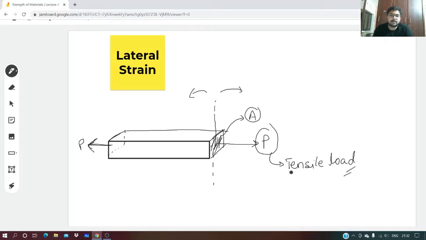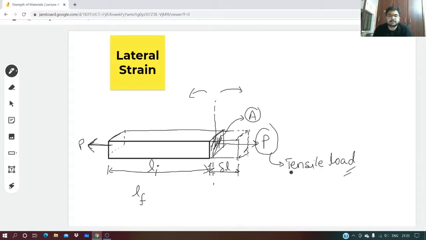So what is happening when some stretching action is happening on that bar? It will come forward, it will elongate. When we stretch something like a rubber band, what will happen? Its length will increase, right? In whichever direction we are applying the force, in that direction length is increasing. But you observe here, is this drawing correct? If you only observe length, it is correct, but when you observe overall 3 dimensions, it is not correct. Why it is so, you will come to know just now.